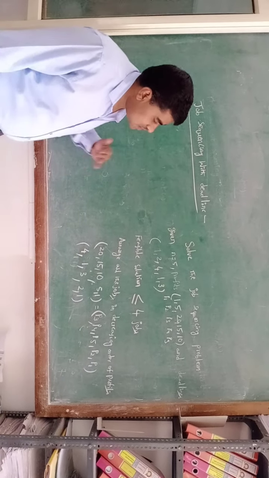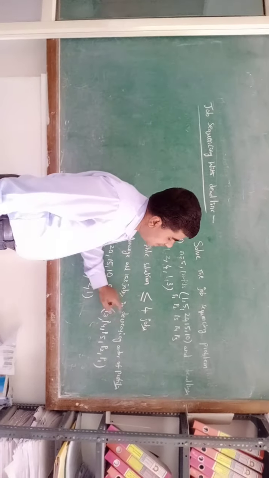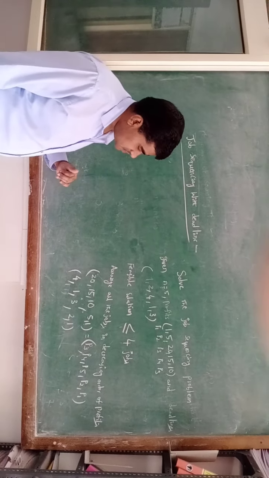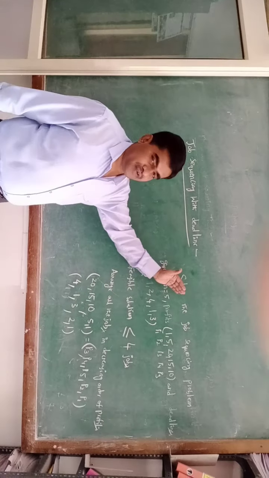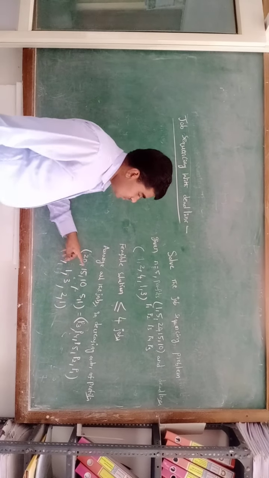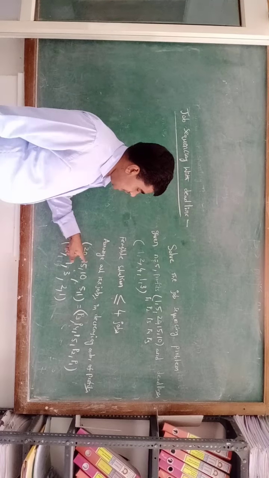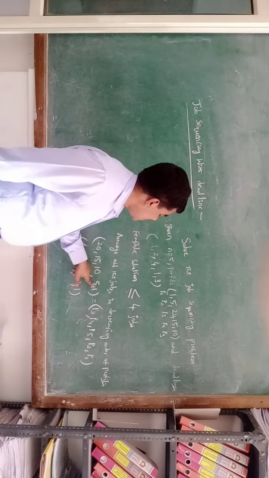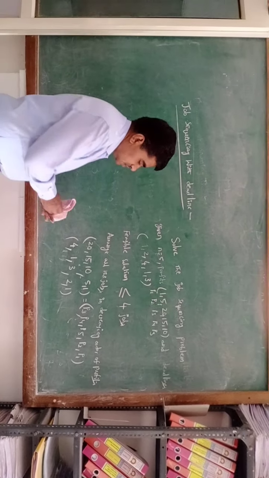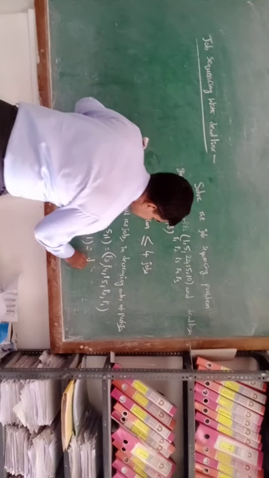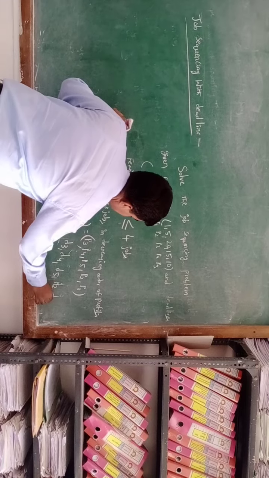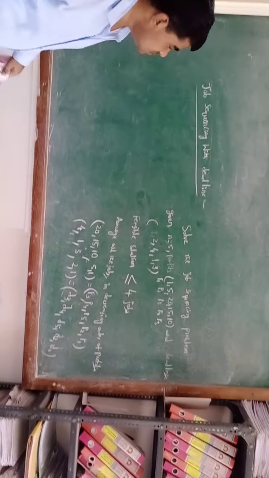First step: we arrange all the jobs in decreasing order of profits. Why are we arranging all the jobs in decreasing order of profits? Because we want to get more profit. So first 20 is the maximum, next 15, next 10, next 5, next 1. In the same way we arrange the deadlines also: D3, D4, D5, D2 and D1. We have arranged all the jobs.